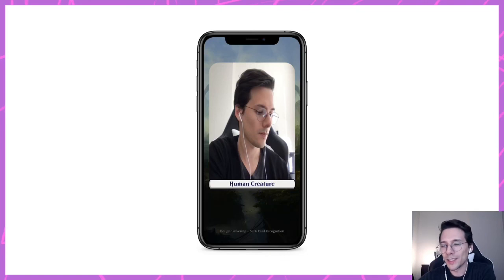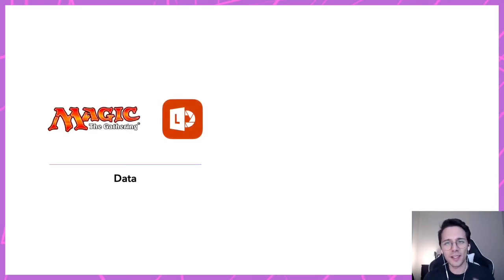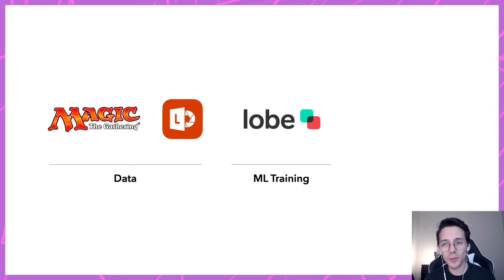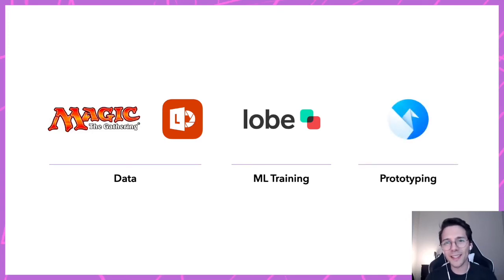So as a recap, I'll say that for what I put together, my data was Magic the Gathering cards, and I used Office Lens to capture those cards. For training the machine learning model into labeling the data, I used Lobe. And then for prototyping and to actually build a scenario around the response from the model, I used Origami. Now, all of these apps are free. I think that the most expensive thing here, the only one that had a cost, was the Magic cards.